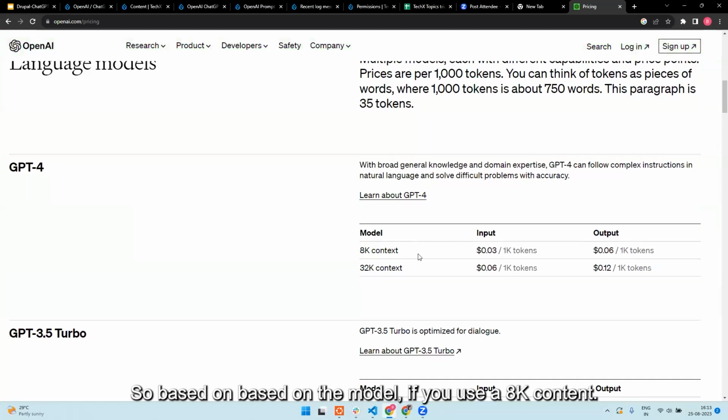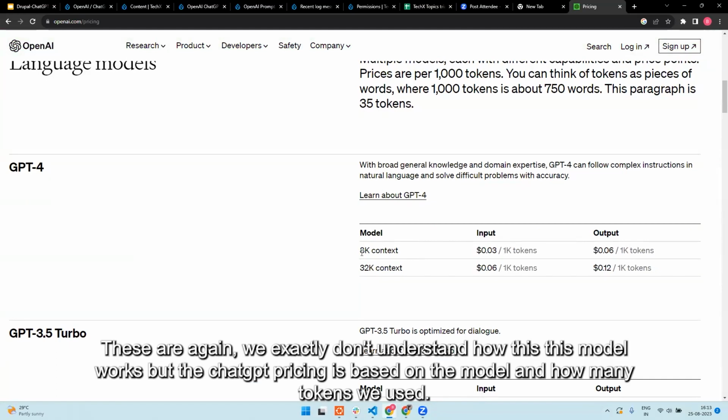So based on the models, if we use 8K context,